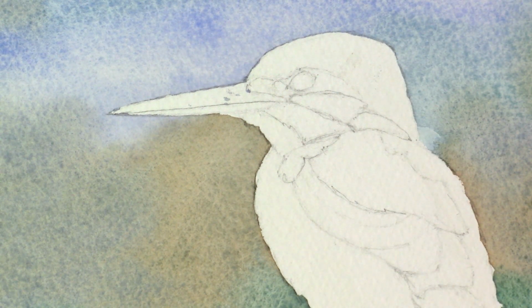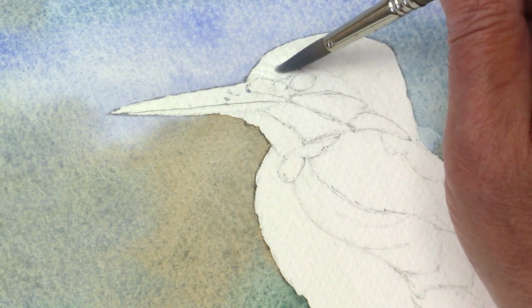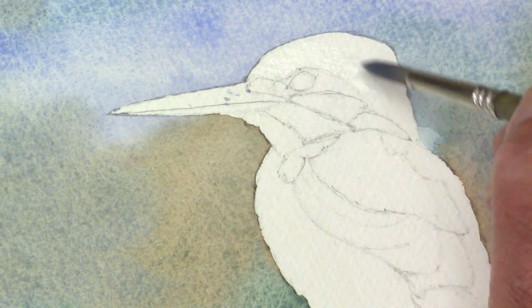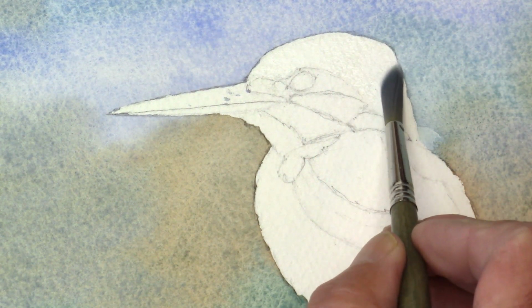And if we look back, all we have drawn in are the feather groups, and because they are groups we can paint these individually, but we need some softness in our brush marks because these are feathers. So one way of doing it is to take some clean water and re-wet the paper, just keeping within the area of each feather group. So we'll start with the blue one at the top